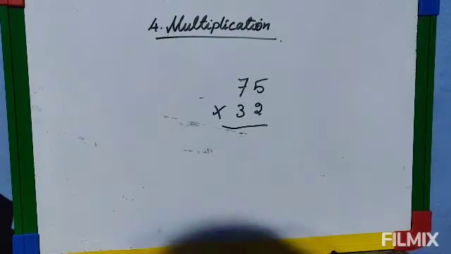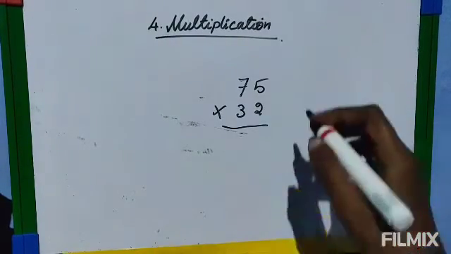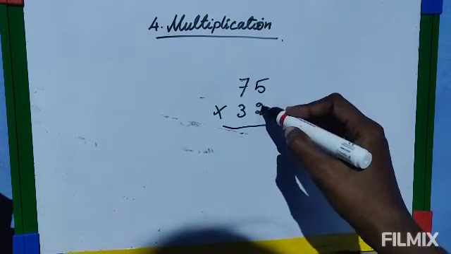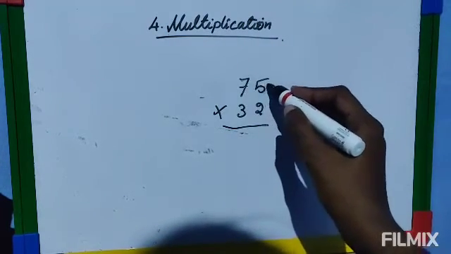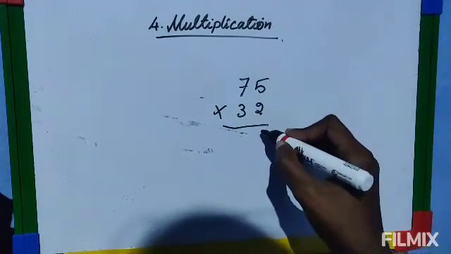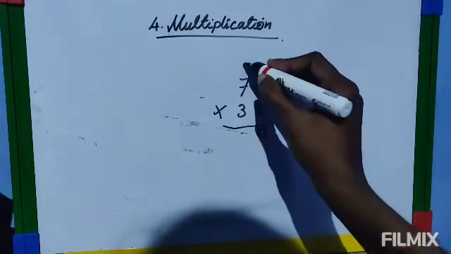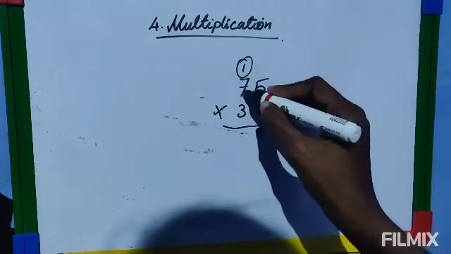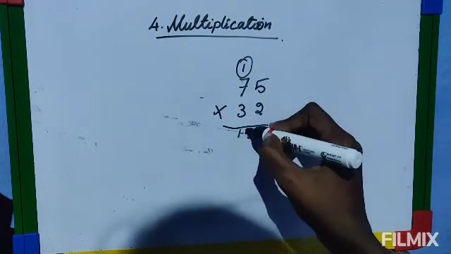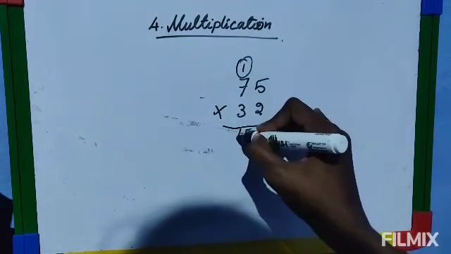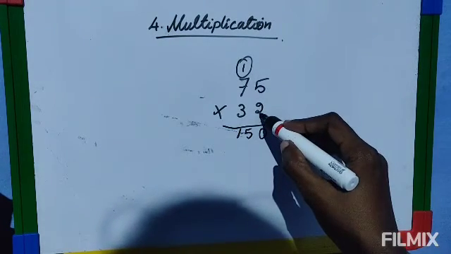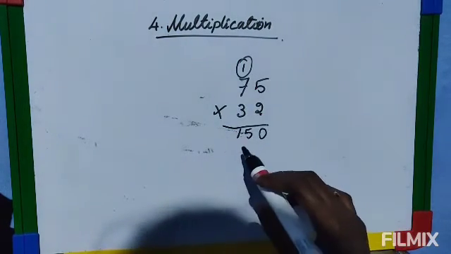Now multiplying by double digits, 2 digits, how to multiply? First, you have to multiply this by the digits whatever are there on the top. First, as usual, 5 2s are 10, so 0 you will write here, 1 is carried here. 2 7s are 14, 14 plus 1, 15. There are no more digits to carry, so you write it as it is here. Now multiplying by ones is over. Now you have to multiply by tens.